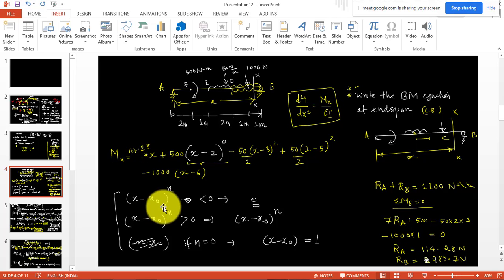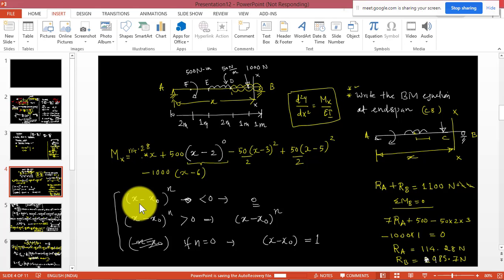I think you just forget about, I don't remember what I have given in the note, n positive, everything forget about. You see the value x minus x 0, that bracket. If that quantity, x minus x 0, is negative, you remove that term. You don't see the value of n. Power can be even number or odd number, whatever it is. You see the value of x minus x 0. If that is negative, you remove that term.